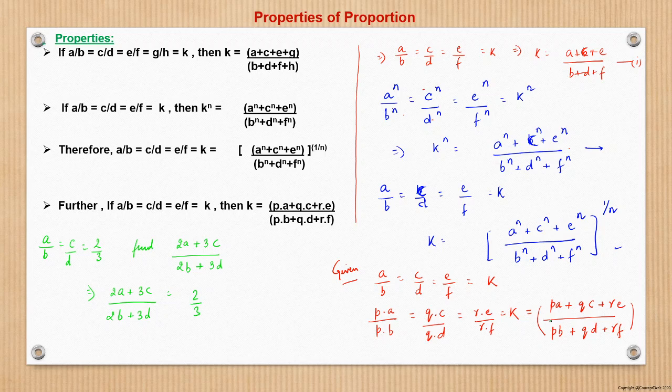Why so? Because this we have seen here, right? This we have seen here. So this is the answer. However, had it been some other form, then it would have been difficult to find out, right? The other way would be to take a and c both to be 2 and b and d both to be 3, and then substitute those. Then also we can get the answer, right? Or the most simple would be, I assume a to be 2x, b to be 3x, c to be 2y. Let us solve that using that.